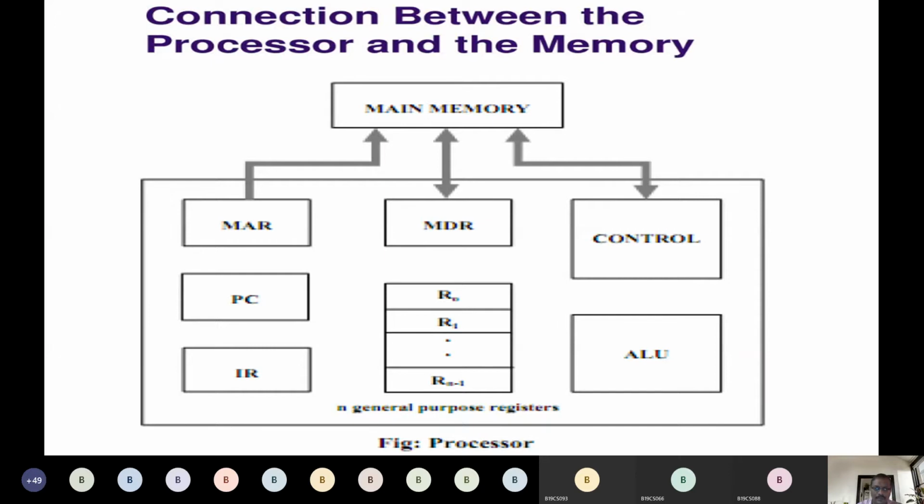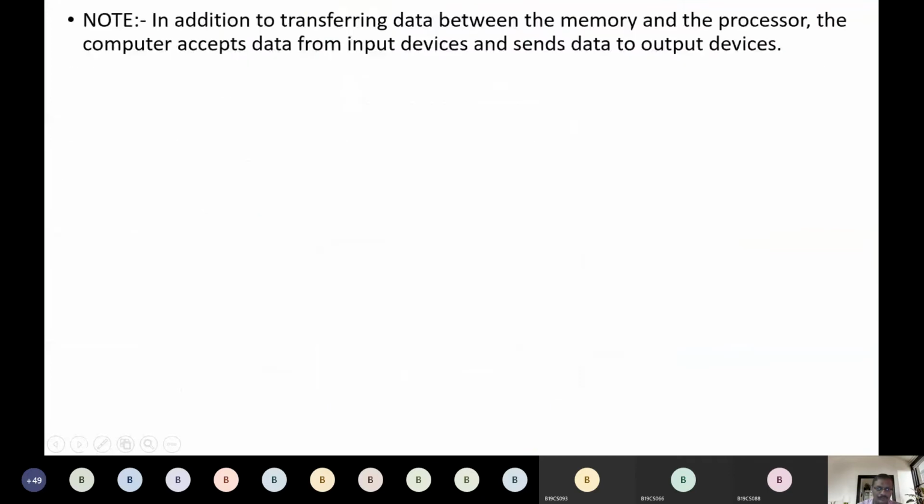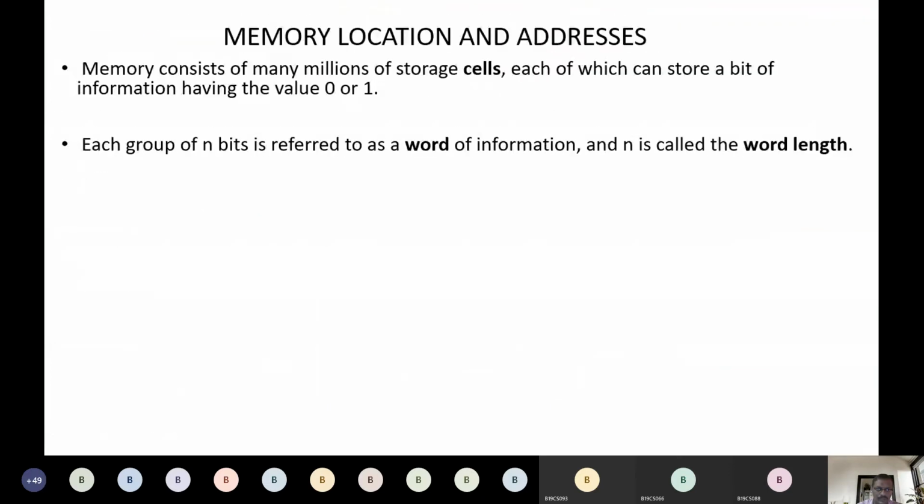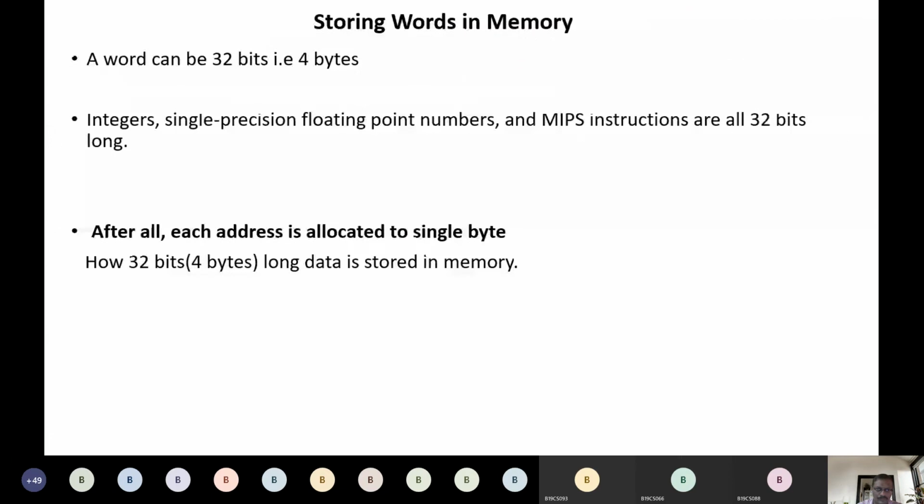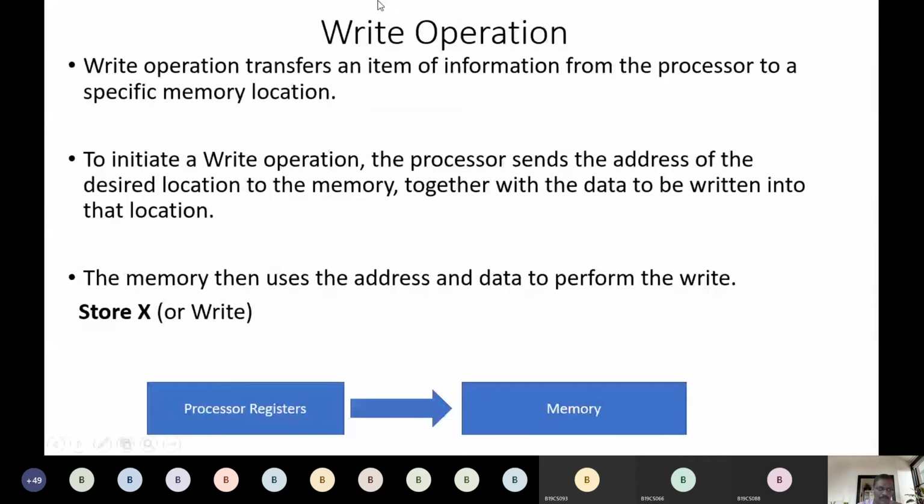For example, to reverse, from the register we want to copy data to main memory. Then we have the other, write operation, the reverse. For the write operation, you can see this instruction, store X. What happens here?